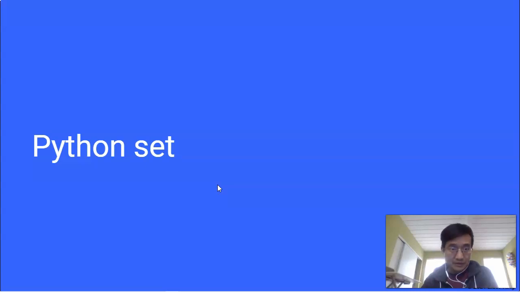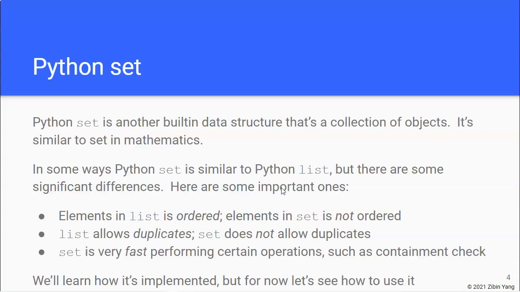Hi, in this video, we're going to talk about a Python built-in data structure called set. So set in Python is just a collection of objects. And it is actually very similar to math sets if you've heard of things like set theory. And as such, because it's just another collection of objects,